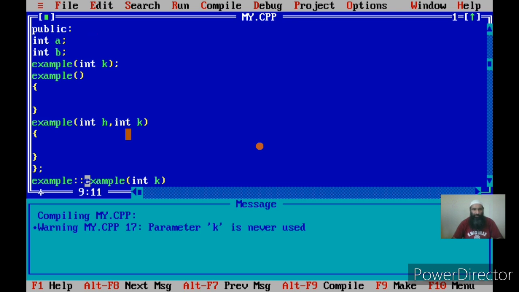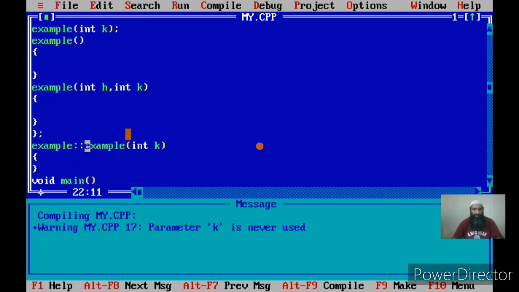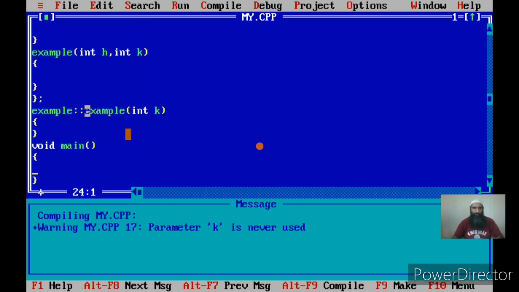Okay, now let us create an object of this class and see which constructor is called. Now Example, I am creating this object in main. So this object is a local variable of main. Now let us see what happens.